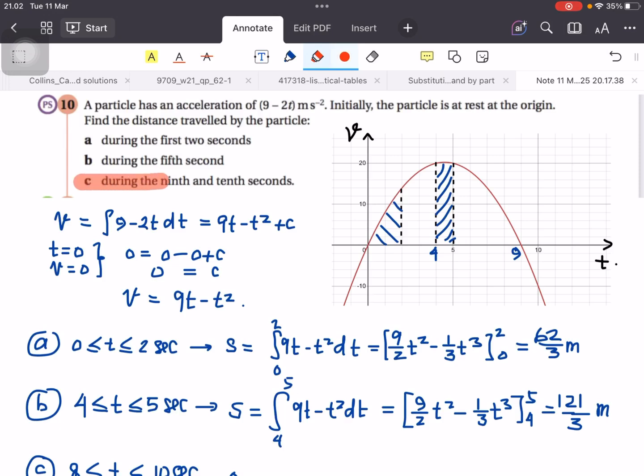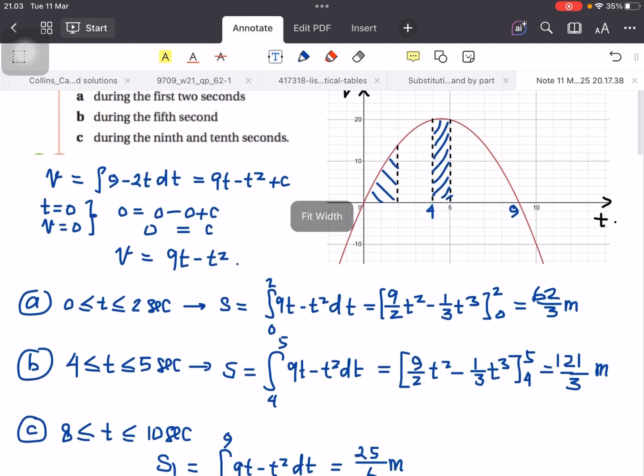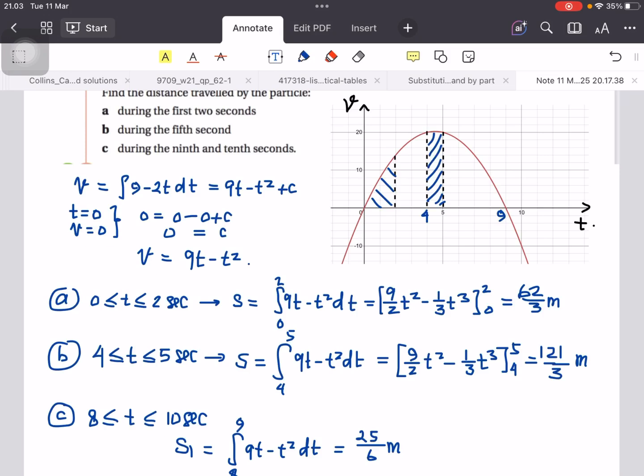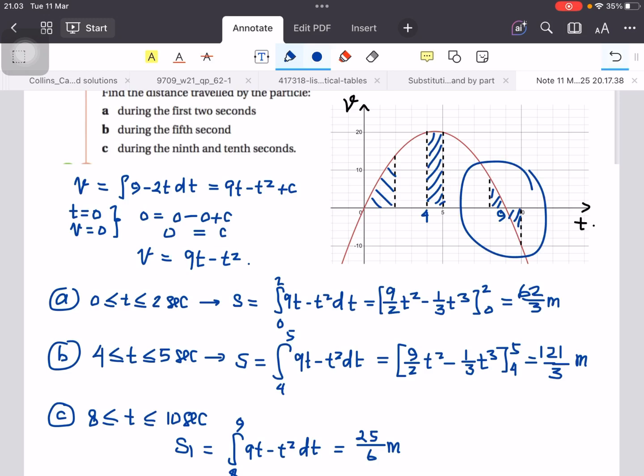And then the last part of the question, during the 9th and 10th seconds, the time interval during the 9th and 10th is 8 less than or equal to t less than or equal to 10 seconds. So this one from 8 until 10, this region here. But if you do integration directly from 8 until 10, you will not find the total distance traveled, because